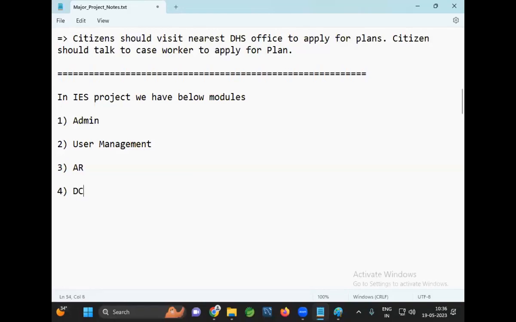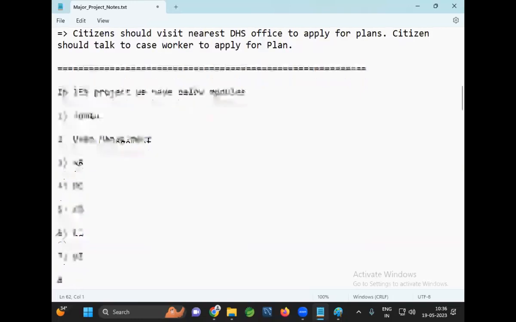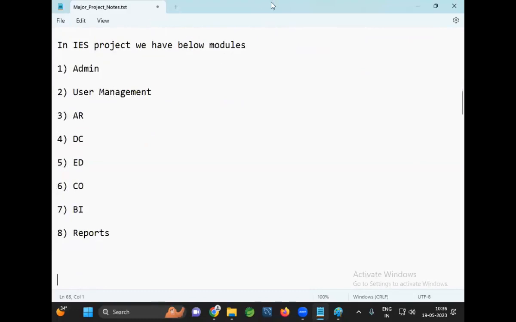Then the data collection module is available. Eligibility determination module is available, and correspondence module is available. Then the benefit issuance module is available, and the reports module is also available. So in total, I'm taking 8 modules in the application. What are those 8 modules? Admin, nothing but user management.